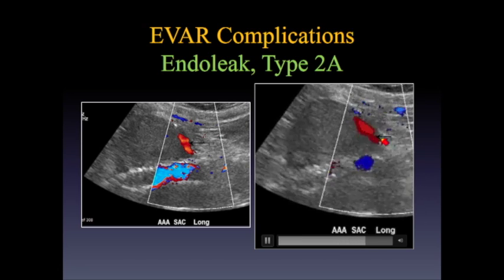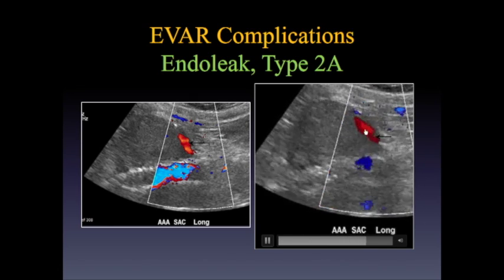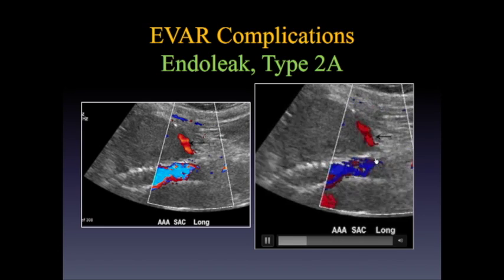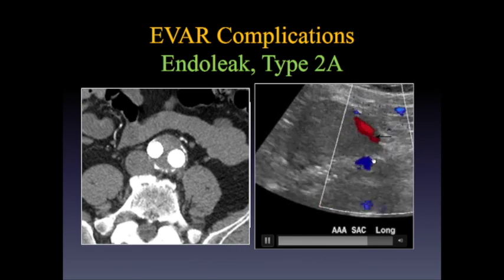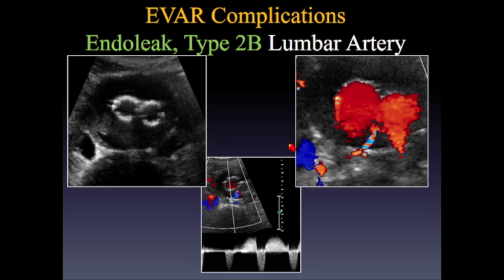And the same is on the sagittal projection here. This is an aneurysmal sac, and we have flow within it from the feeding vessel from the IMA. And here it is on the CTA, which confirms the findings. And of course, we have a lumbar artery feeding. It would be a type 2B